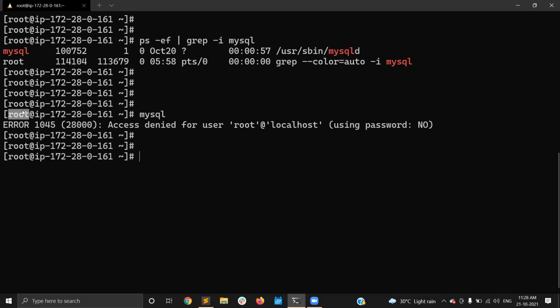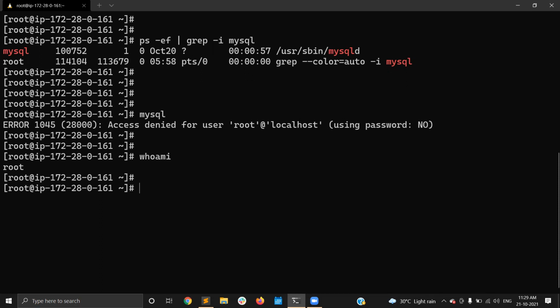What is the Linux user? It is root, because I logged in using the root user in the Linux shell. So by default, the MySQL client will take the Linux user, and it will take the host as localhost. I did not provide the password, so it gave the hint "using password: NO".